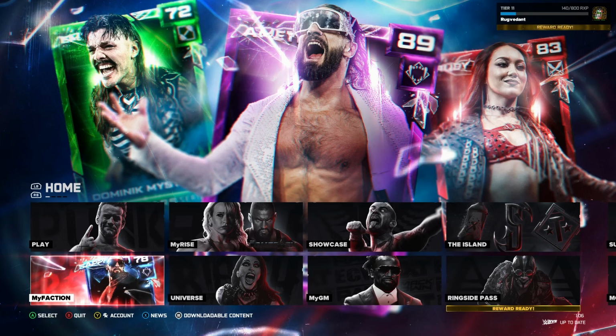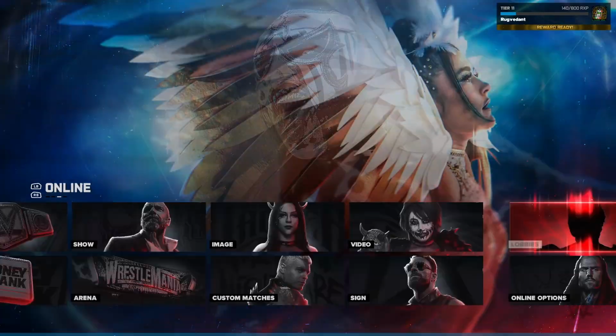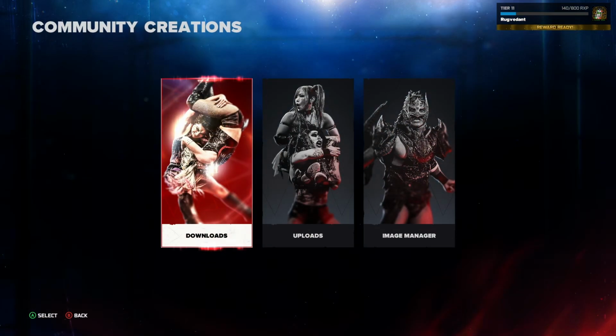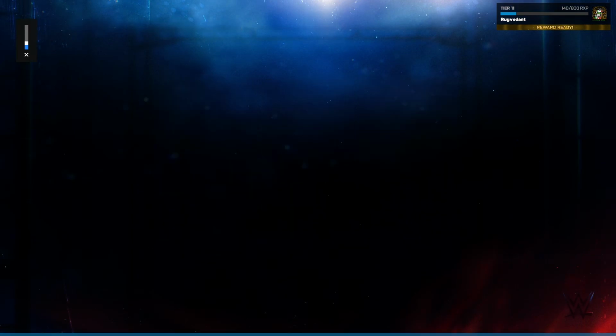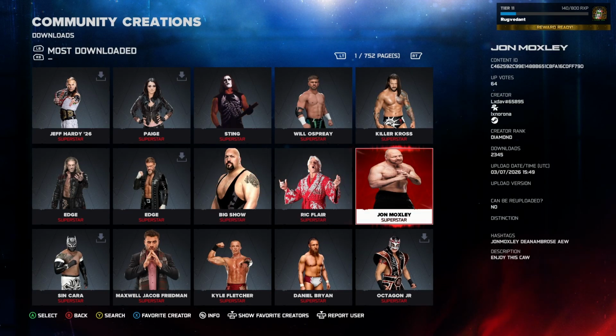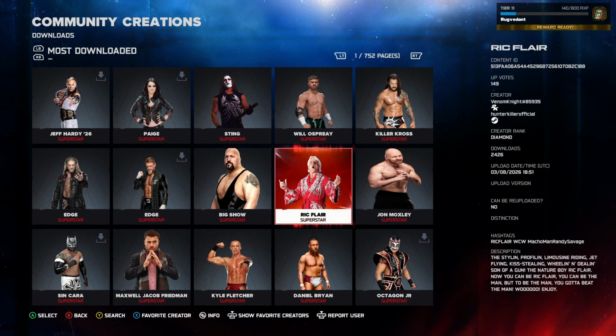For that, go to the online section by pressing R1 or RB. Once you're on the online tab, just select community creations from here. After that, select downloads, and then we need to choose our category as superstar. So I got the Jon Moxley creation on the first page itself, but if you can't find him here, then